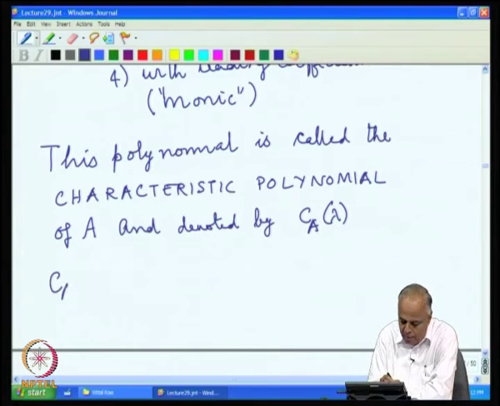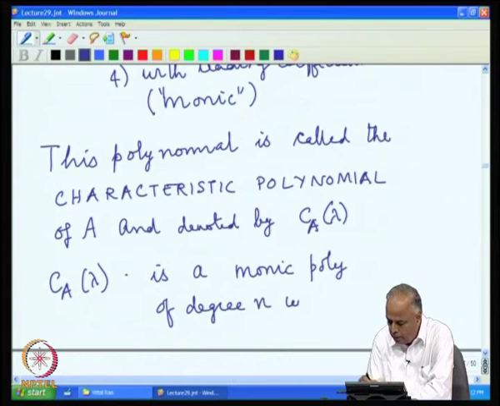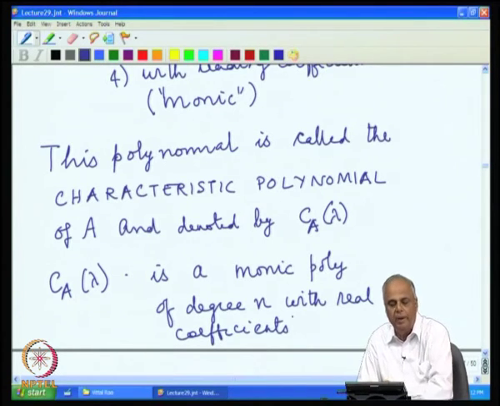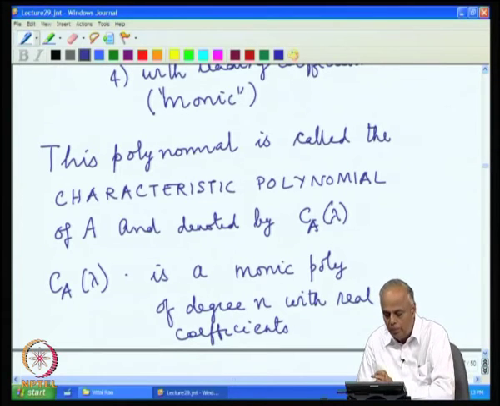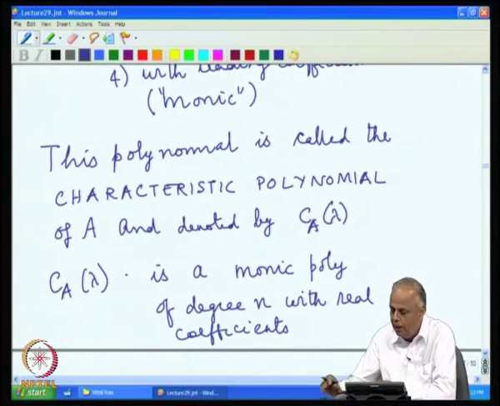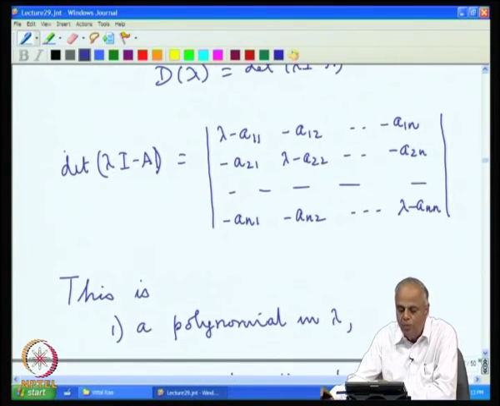By our observations above, C A lambda is a monic polynomial of degree n with real coefficients, when A is a real matrix, as we are considering real matrices. So, when A is a real matrix, the characteristic polynomial of A is a monic polynomial of degree n with real coefficients. We are interested in the zeros or the roots of these polynomials,